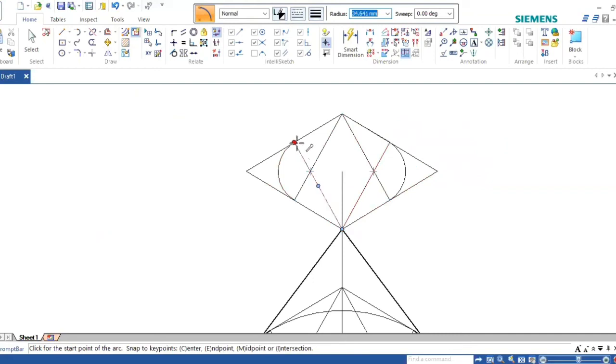Take this as a radius. Take this as a radius. Construct the ellipse. Once you construct the ellipse, you have to make this a visible line because the top circle will be visible. Make it visible.